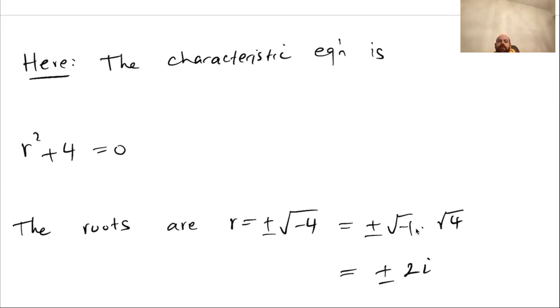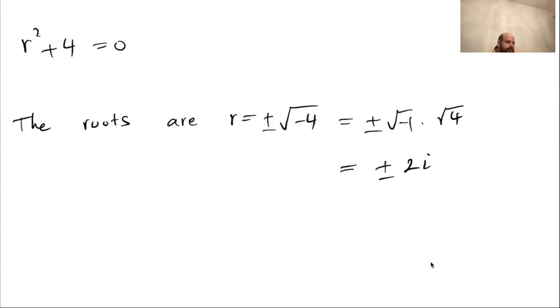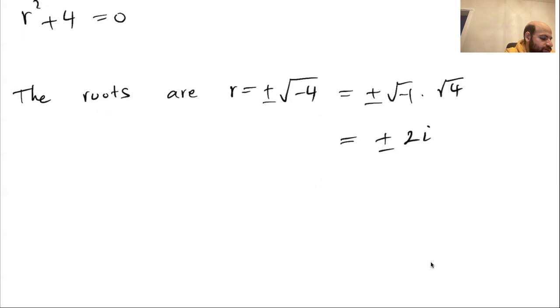Root minus 1 is i, and root 4 is 2, so this is plus minus 2i. And so these are the roots for our characteristic equation. So the two linearly independent solutions will be